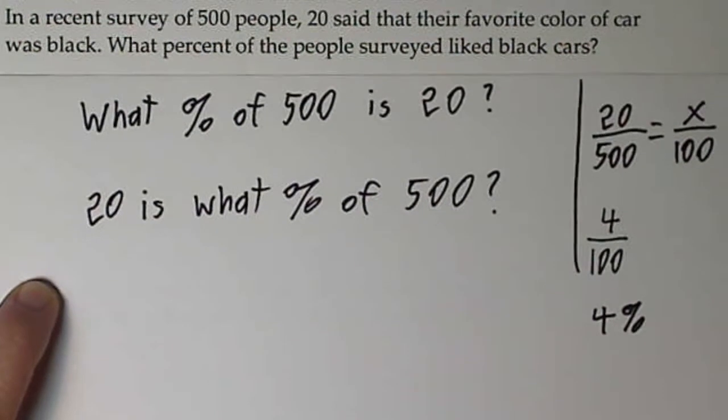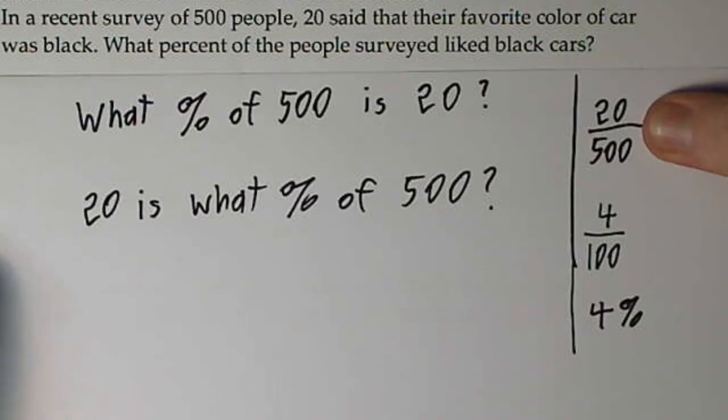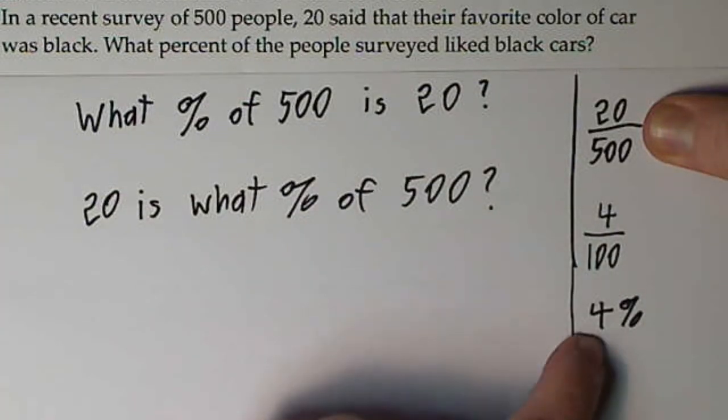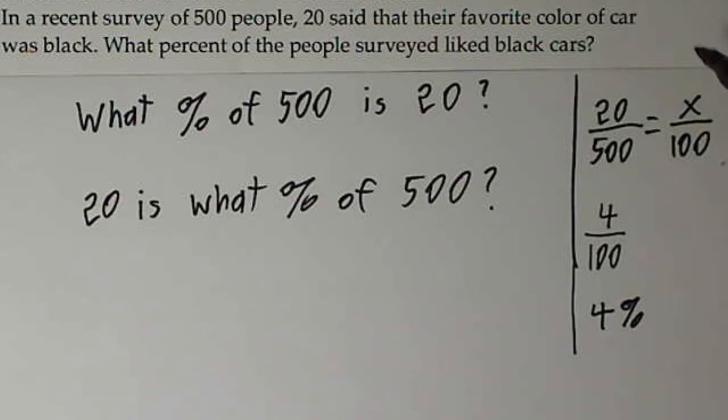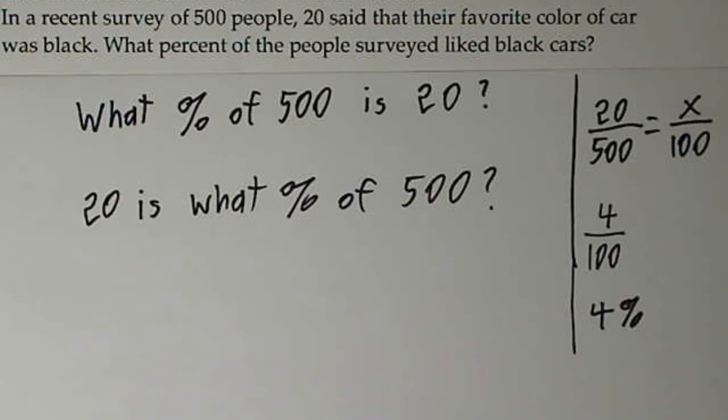It won't usually be this straightforward. Okay, sorry I went off the page a little there for a moment. But let's just say that this didn't occur to you, or you didn't have such a convenient denominator. And actually, as I said, I didn't even really deal with what I had set up. If I go through all the mathematics here, I'll still come to the answer of 4%. But this was just a convenient case where simply reducing this got it over 100. So the answer is 4%. I'll take the longer road perhaps in a minute. Okay, but if we had gone with our direct translation,